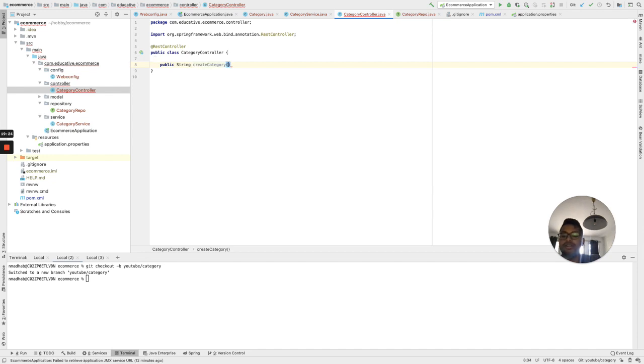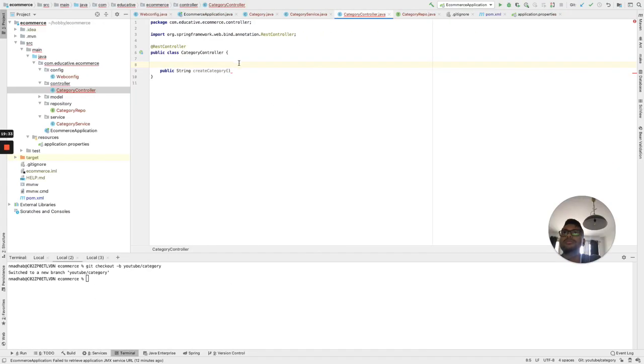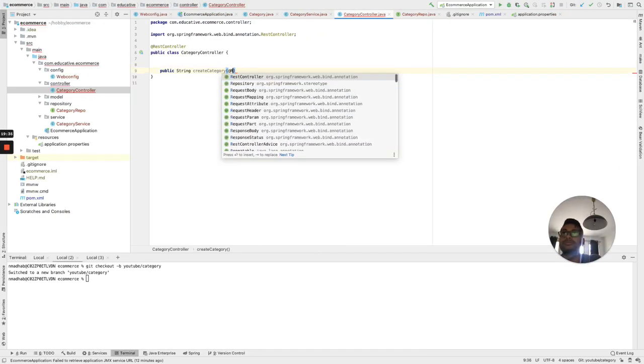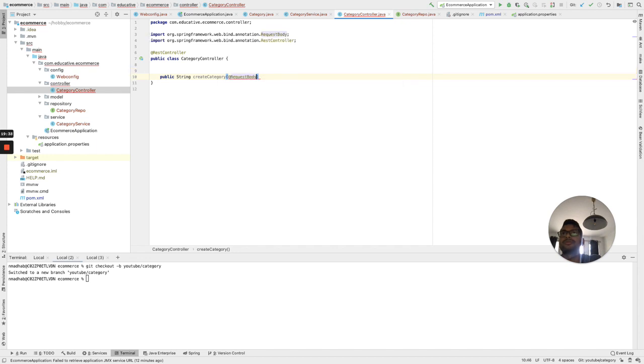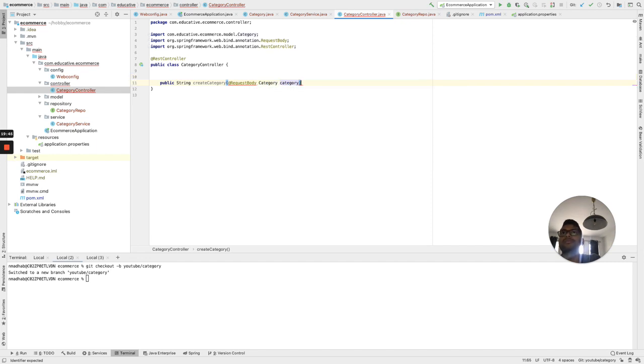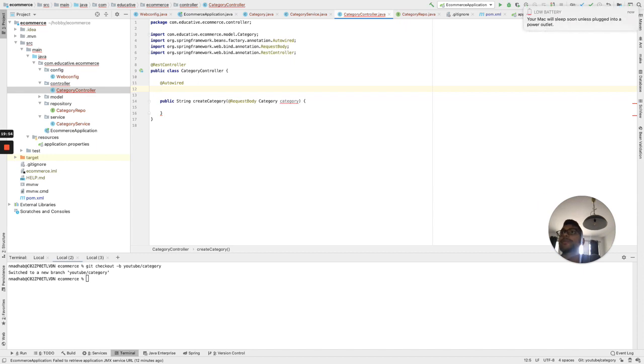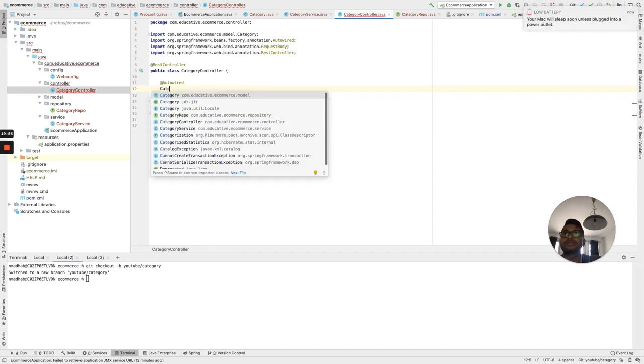and it will just take an input of a request body of category, and we'll autowire the category service.